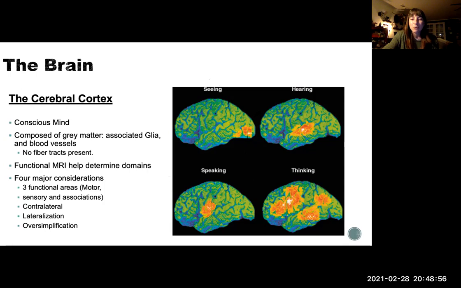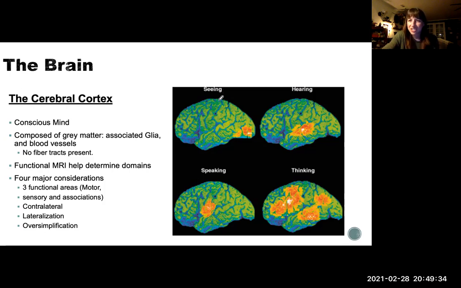So for seeing, we know that the primary visual cortex is back here in the occipital lobe. For hearing, we know that the temporal lobe lights up and metabolizes the hardest, right, when we are hearing things. When we are speaking, an area called Broca's area lights up. And then thinking in general, of course, is going to involve the entire cerebral cortex to one extent or another. And again, this is oversimplified. So just because these areas light up doesn't mean that the entire rest of the cerebral cortex isn't somehow involved in all of these